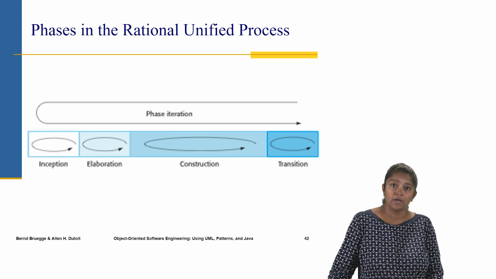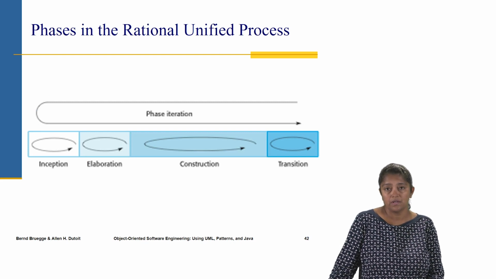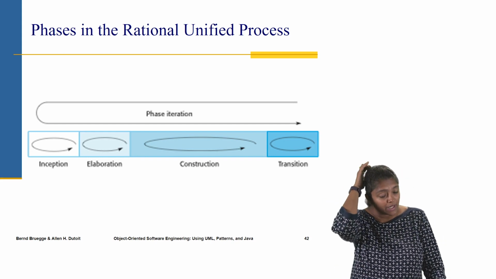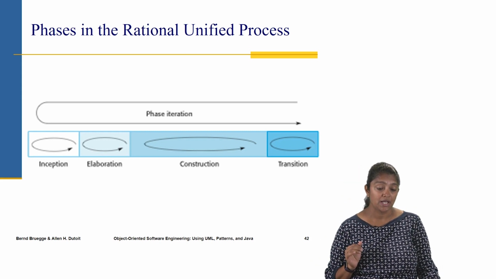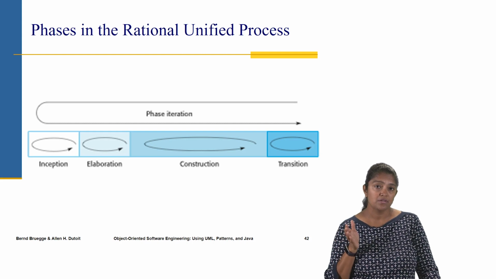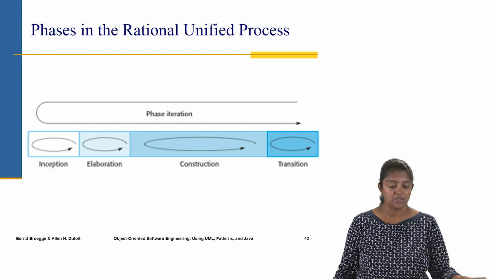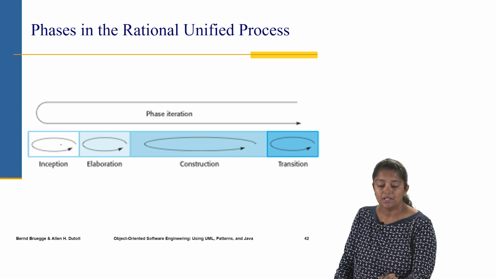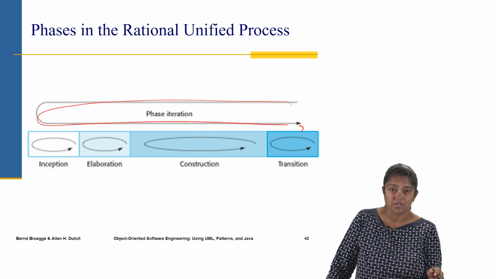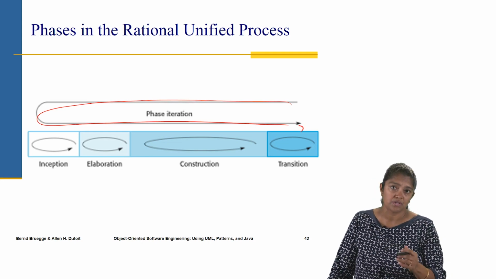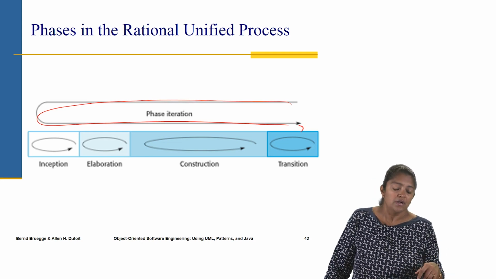The next one that we'll look at is the Rational Unified Process. In this one as well, you'll see that the number of activities has been reduced to 4 versus the 8 or 9 or 10 in the previous models. It is highly iterative, and you see that there are 4 phases: inception, elaboration, construction, and transition. And you see that there's iteration between these phases. So you go through inception, elaboration, construction, transition, and come back to inception, elaboration, construction, and transition.